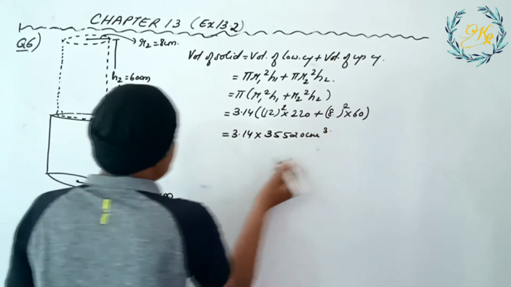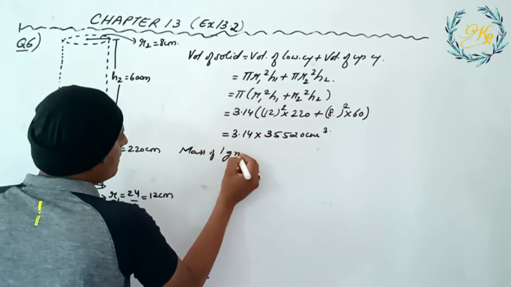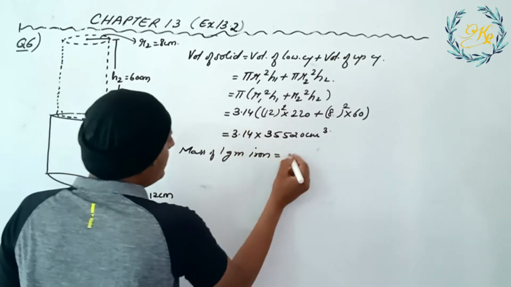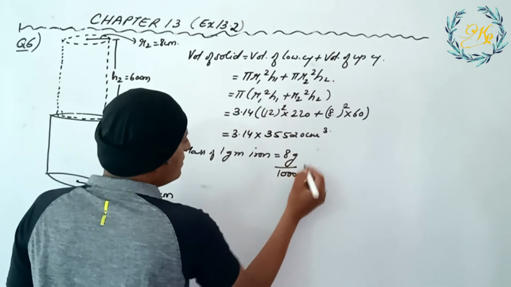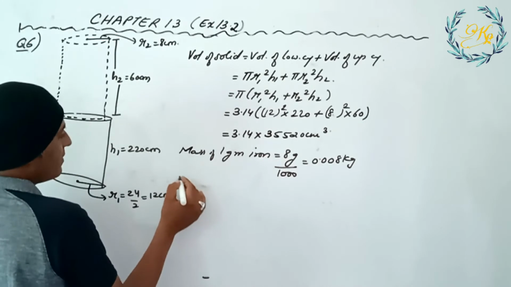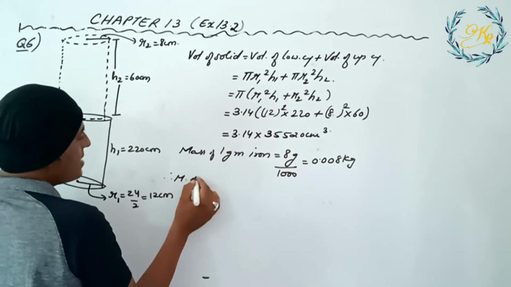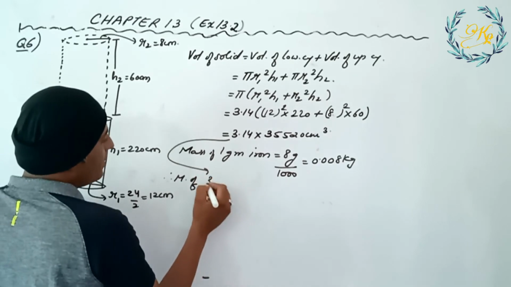centimeter cube. Now it is given that the mass of 1 gram iron is taken as 8 grams. Let's find this in kg. So you divide this by 1000, you get the answer as 0.008 kgs. Further you can write, therefore, mass of this one, write this value here, 3.14